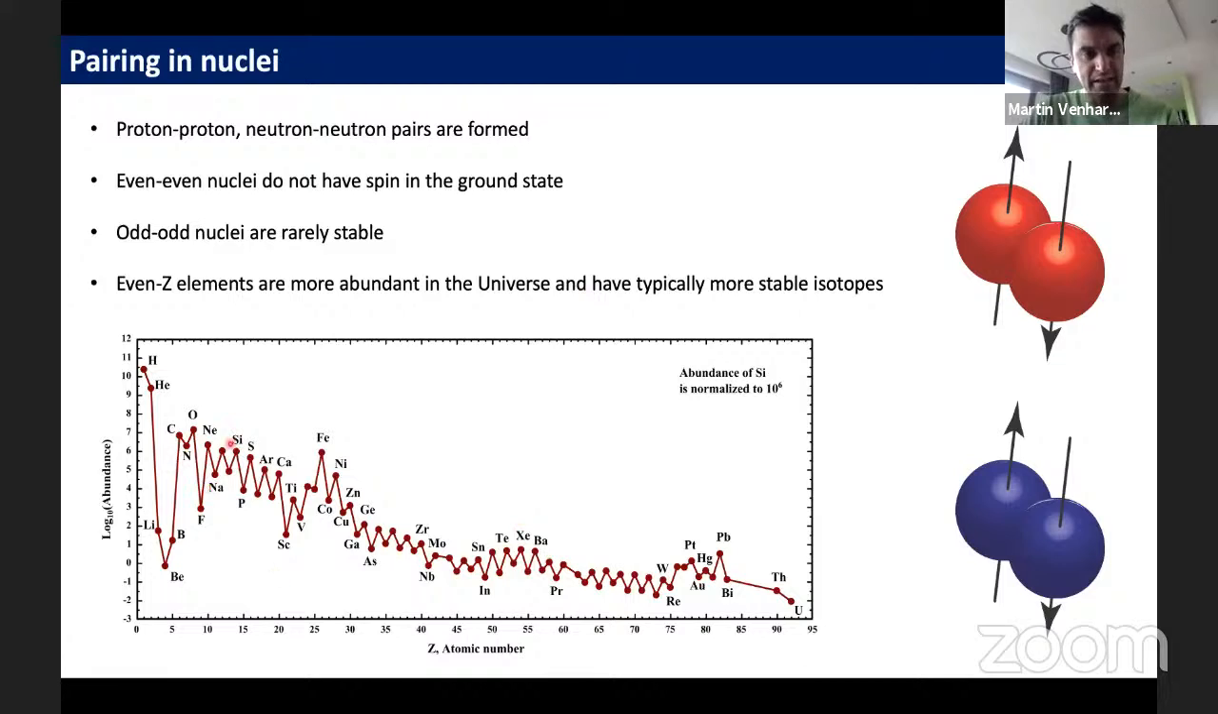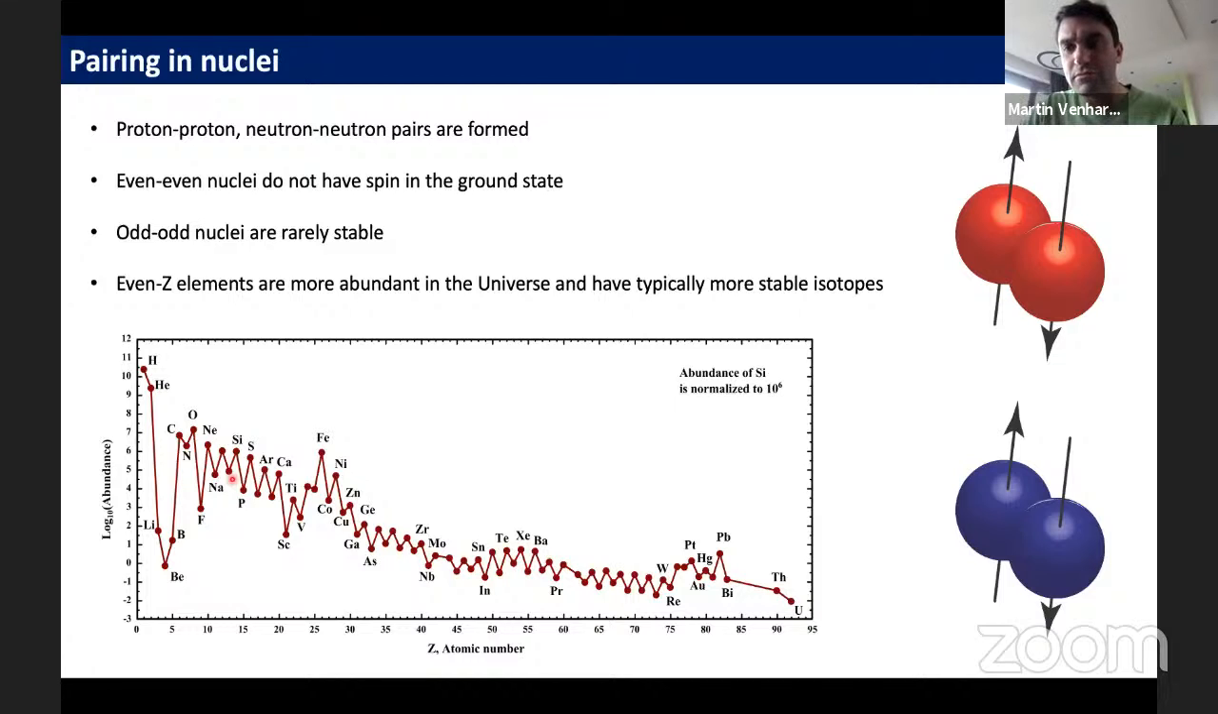So if you look at this, I point to the logarithmic scale here. This is the proton number, and this is the relative abundance. You see that the most abundant element in the universe is hydrogen, then helium, and then you see